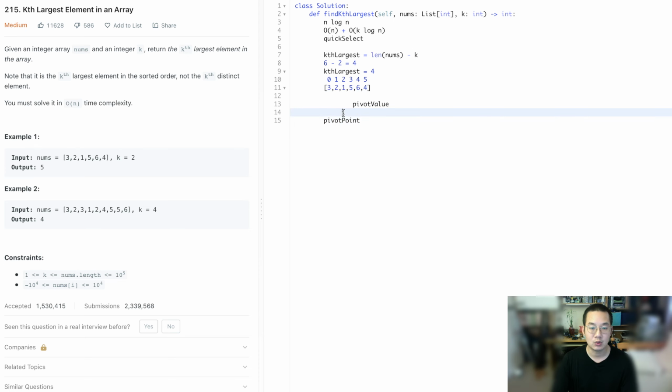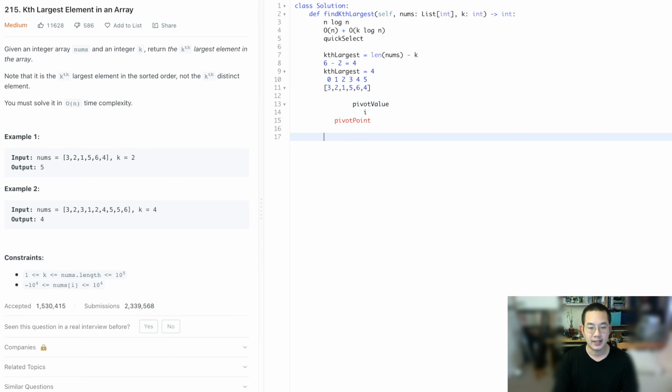Once we get to the 5, we keep the pivot point at this particular item 5, and we keep moving the i forward until we reach the end, and now we can swap the pivot point with the location of the pivot value. And with that swap,